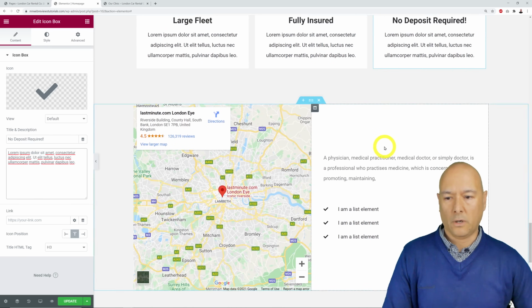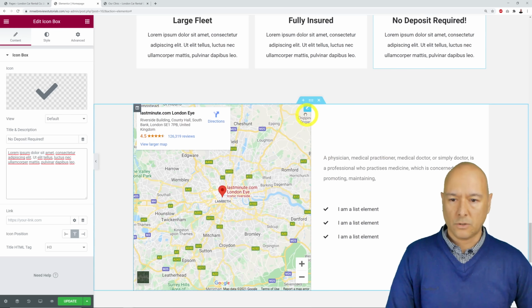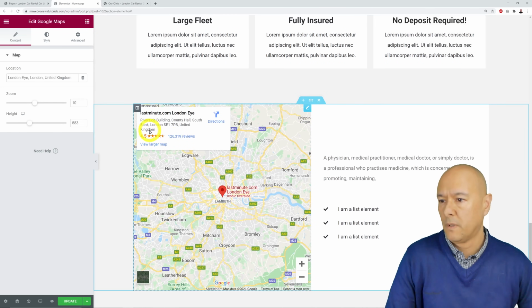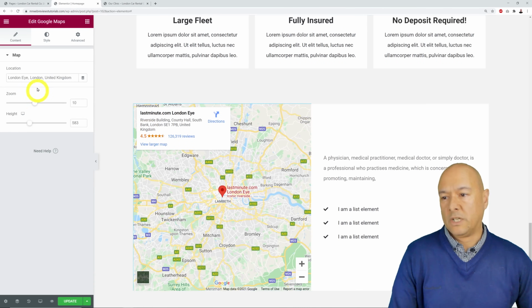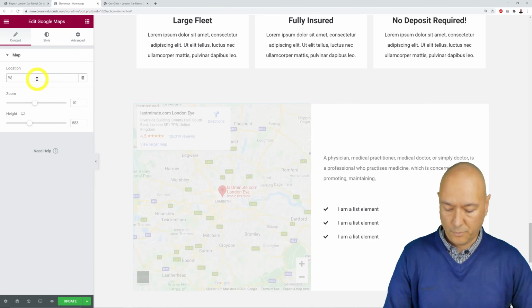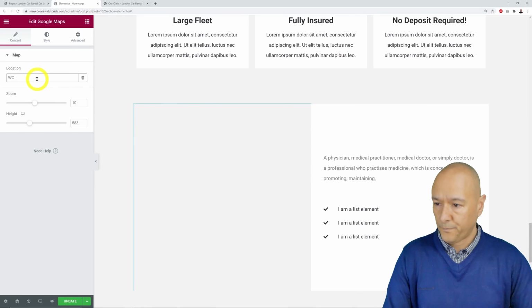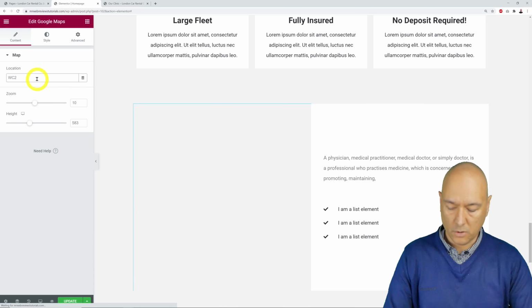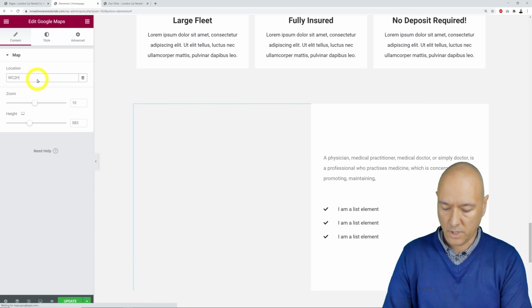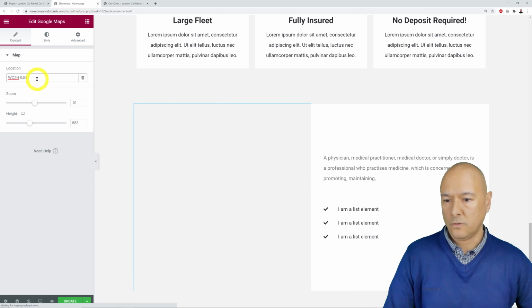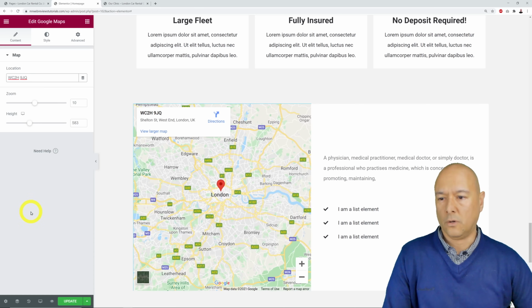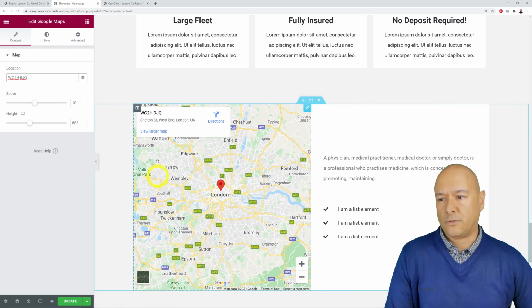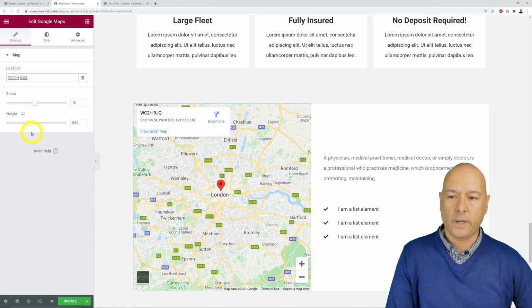So if you keep scrolling down, as you can see, we have a map. So click on the map. And all you have to do basically is type in the address. So I'm just going to put a postcode based in London, WC2H 9JQ. And there you go. So this is an address in central London, and you can zoom in and zoom out